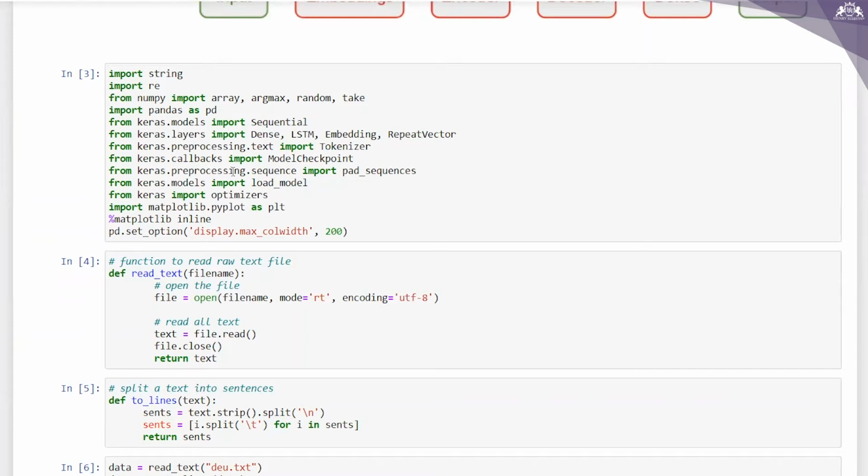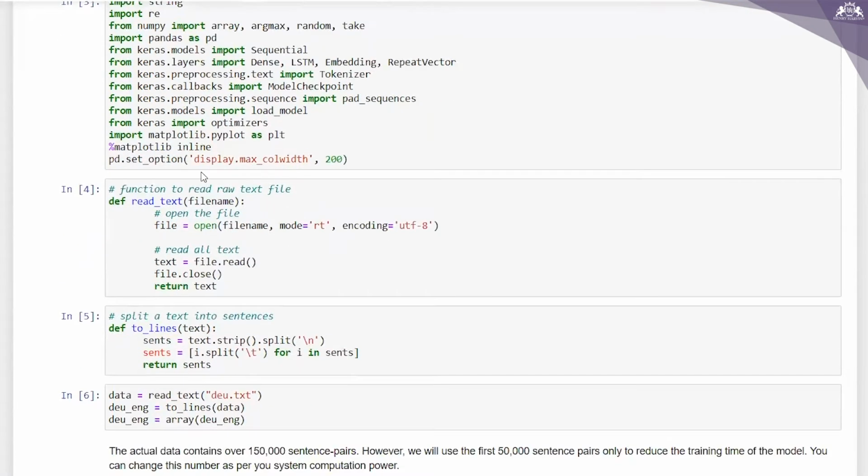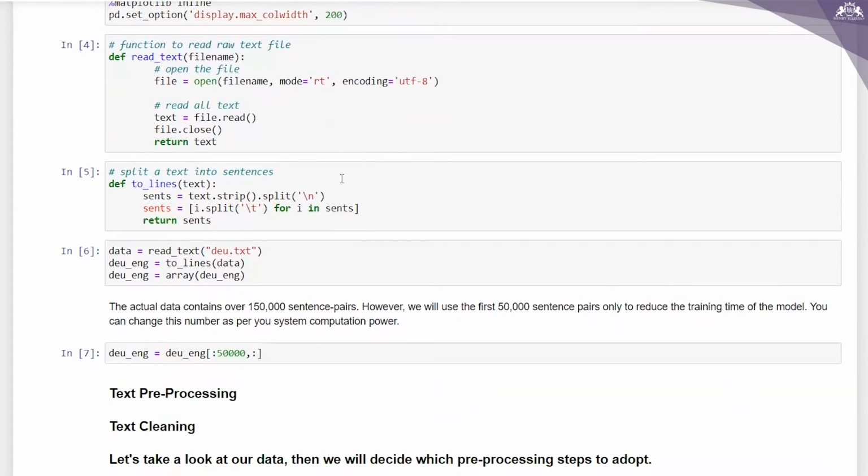From keras.callbacks, I'm importing ModelCheckpoint. From keras.preprocessing.sequence, import pad_sequences. From keras.models, import load_model. From keras, import optimizers, import matplotlib, and then I'm just setting the option for display max column width as 200, right? So this is being done.